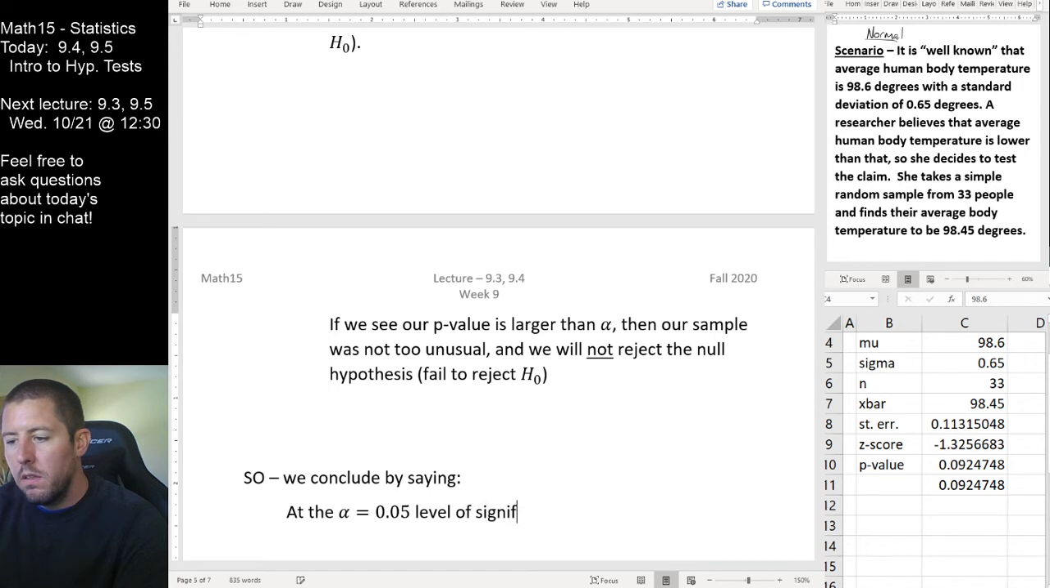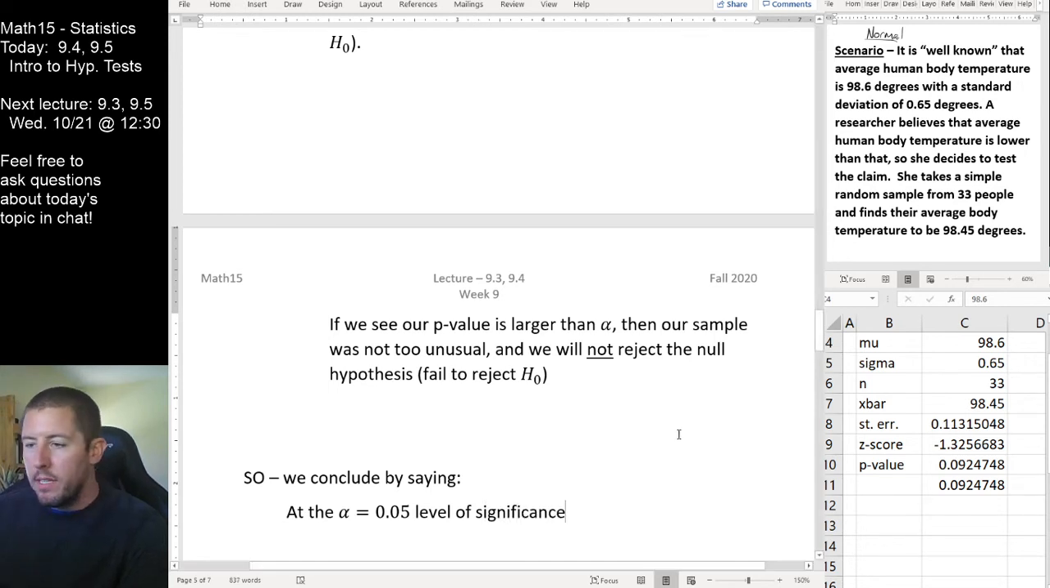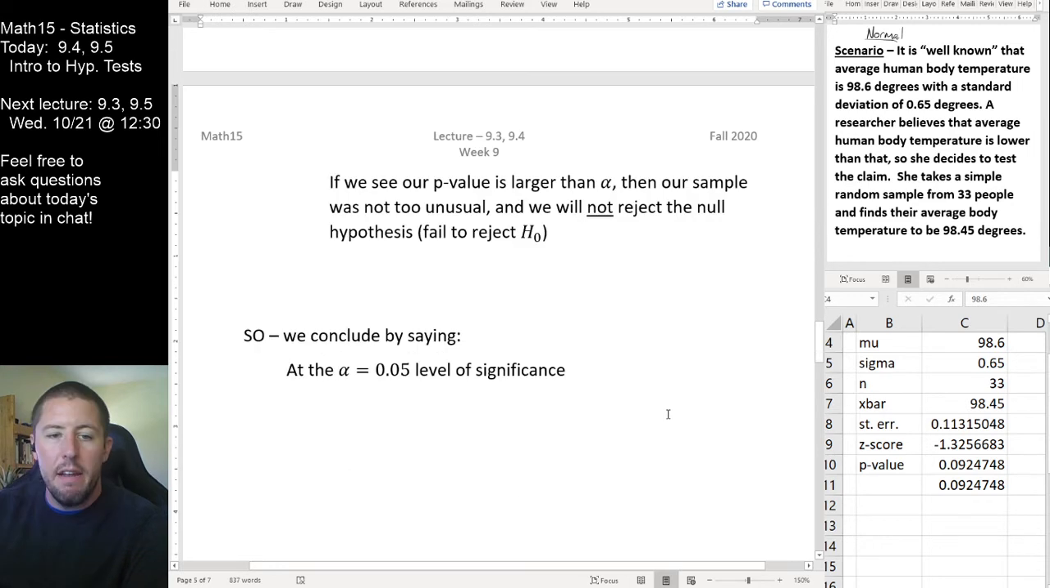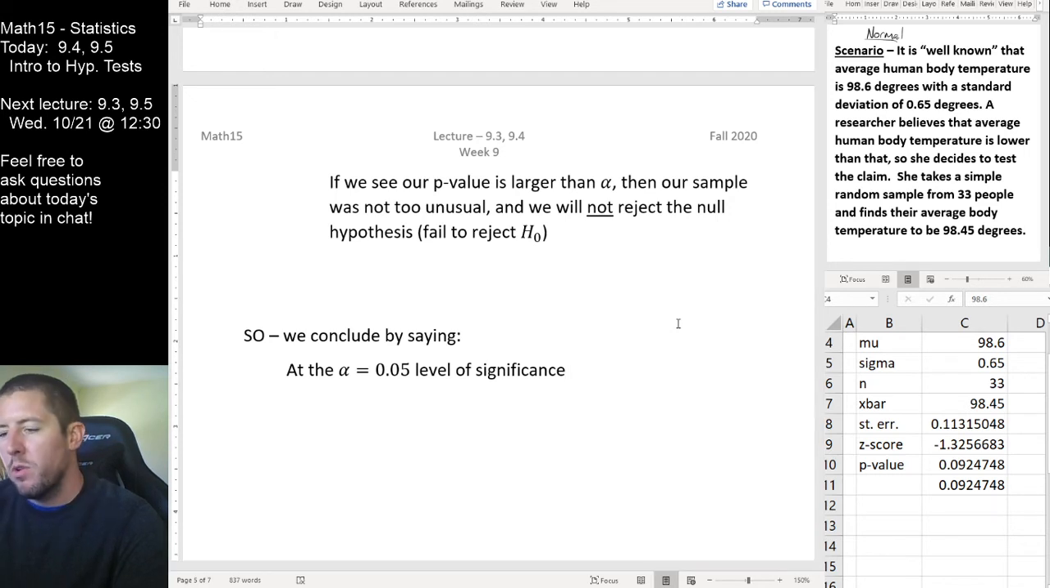So first things first, in stating our conclusions, I'm always going to state my level of significance. This is saying, how weird did I need to see things to make my decision? Otherwise, it's not clear why I made the decision I made. So at the alpha equals 0.05 level of significance, our data were not significant, right? We did see a difference, but it was not a statistically significant difference